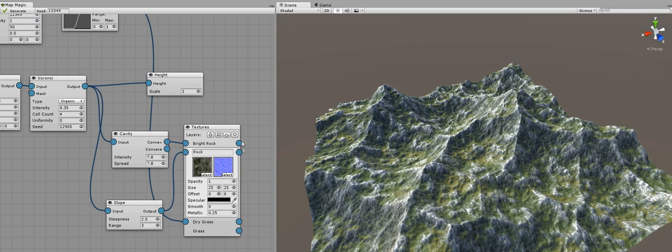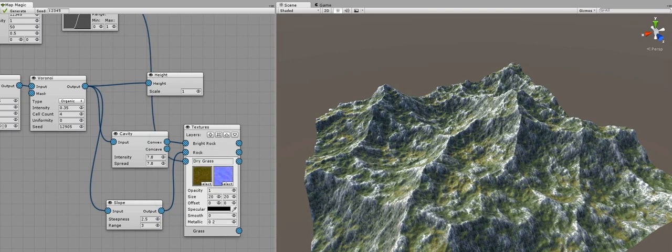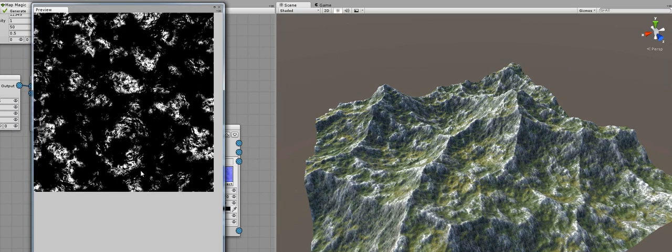Now you may wonder, what are these output icons next to each layer? Why does the texture output generator have its own outputs? The answer is not so obvious now, but in next tutorials, when you will start working with the grass output, you will find these outputs very useful. They are the layer processed input maps. Let me show you the dry grass output when it is below the rock and bright rock. You can see a noise pattern which has the rock and bright rock subtracted from it.